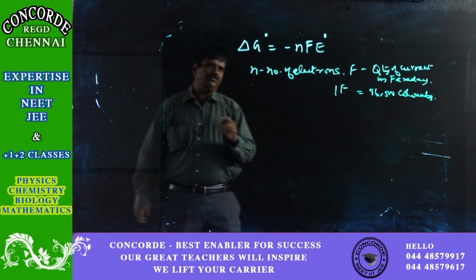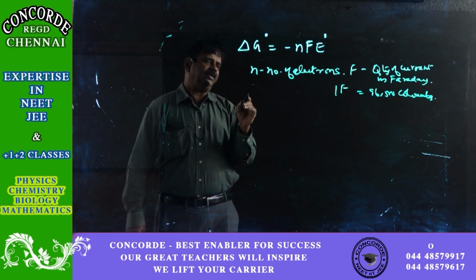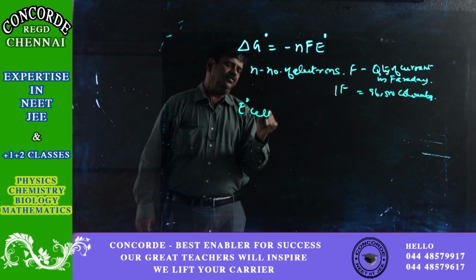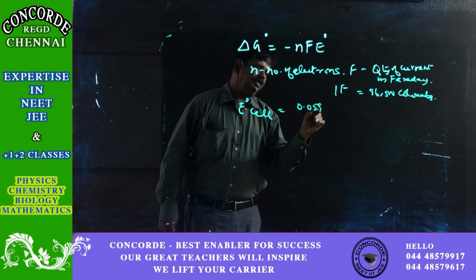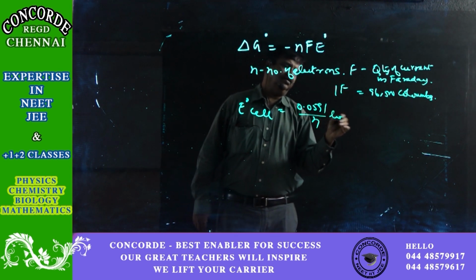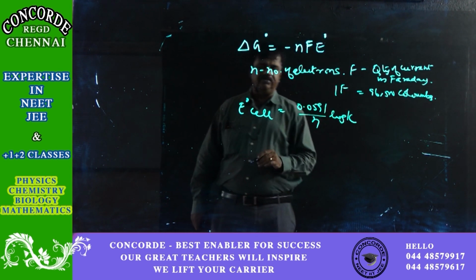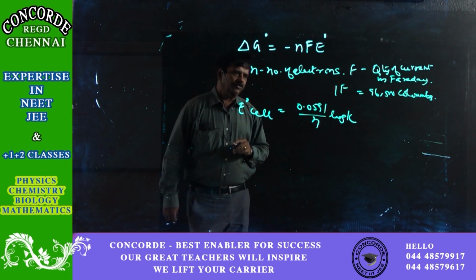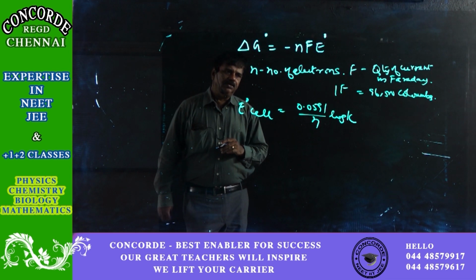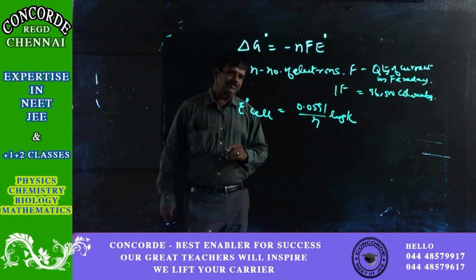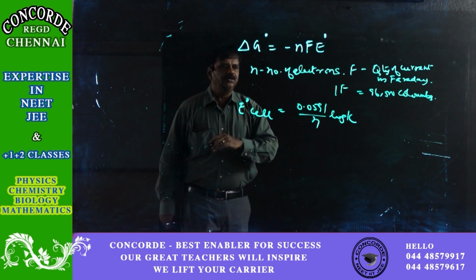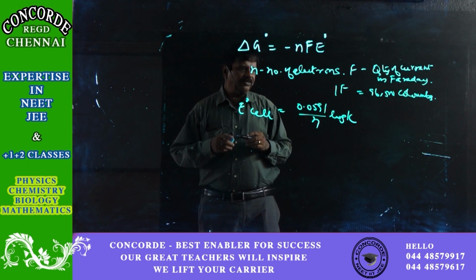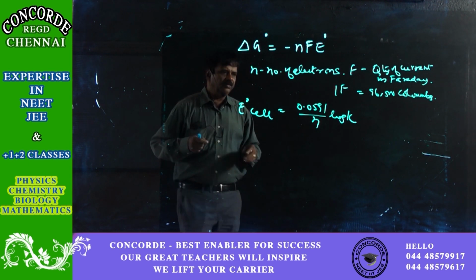So we have seen the applications of the Nernst equation. One is to find the equilibrium constant, for which we have said E naught cell is equal to 0.0591 by n log K, where K is the equilibrium constant, n is the number of electrons, and E naught cell is the standard electrode potential. Okay, and we have also seen the applications of the Nernst equation. So these are the most important things of electrochemical reactions, and then we have to see some of the